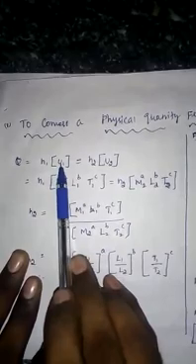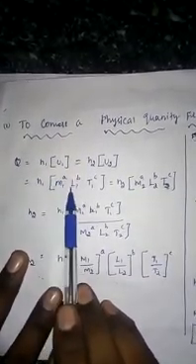First one is to convert a physical quantity from one system of unit to another. How will you convert this one? We have one formula. The formula is Q equal to N1 U1 equal to N2 U2. Here Q is any physical quantity, that is mass, force, length, etc. On both sides N and U are indicated. N is the numerical value, U is the dimensional unit. The dimensional unit is denoted by M power a, L power b, T power c. Here 1 indicates the first system, 2 indicates the second system.